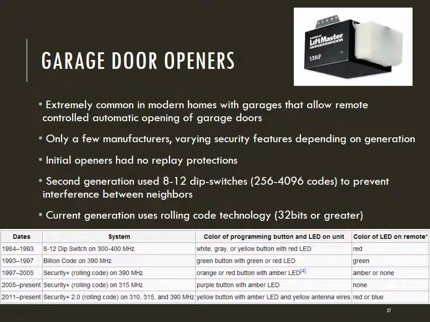So these would typically be 8 to 12 dip switch systems, which equates to 256 or 4,000 codes. However, current generations use rolling code technology of 32 bits or greater, which are into the billions of codes. You can see in this excerpt from Wikipedia below that we're currently using Security Plus and Security Plus 2.0 rolling code systems on early 2000s and later garage door